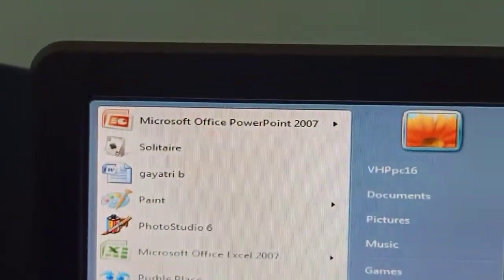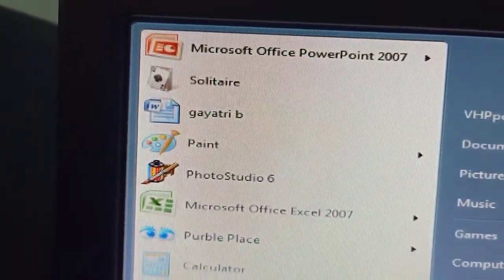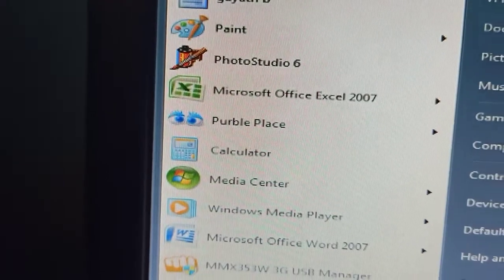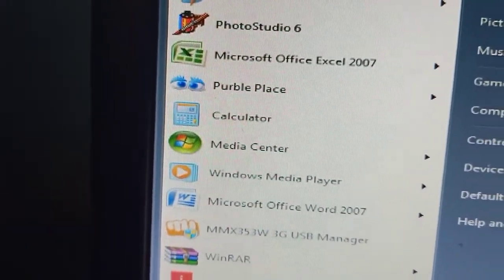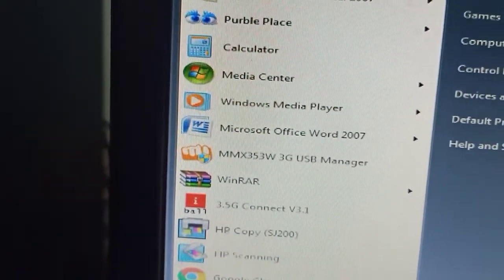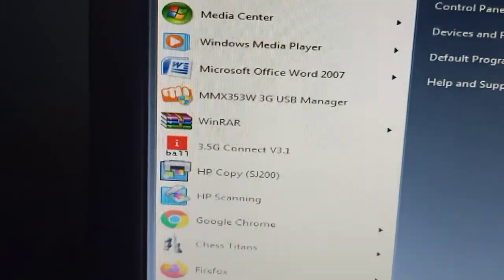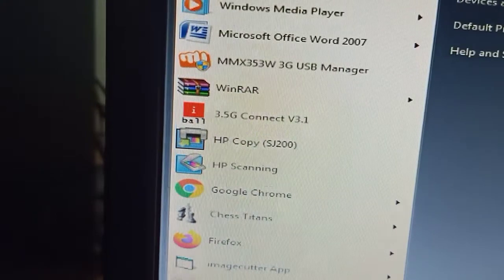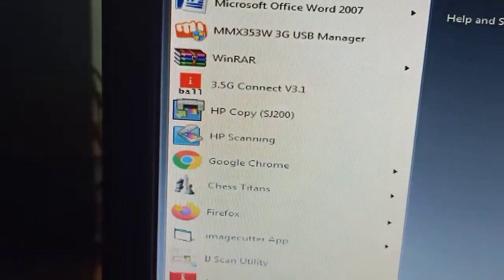First Microsoft PowerPoint, Solitaire, Paint, Photo Studio, Microsoft Office Excel, Calculator, Media Center, Windows Media Player, Microsoft Office Word, 3G USB Manager, WinRAR.